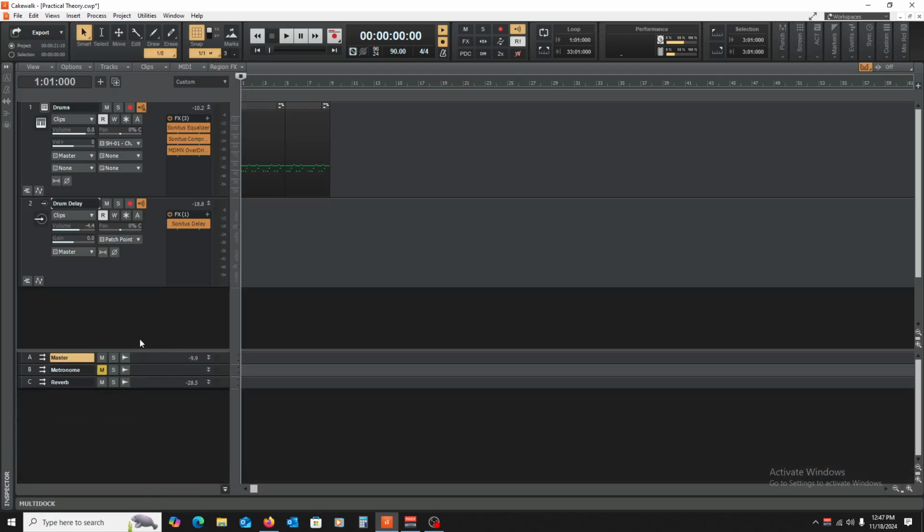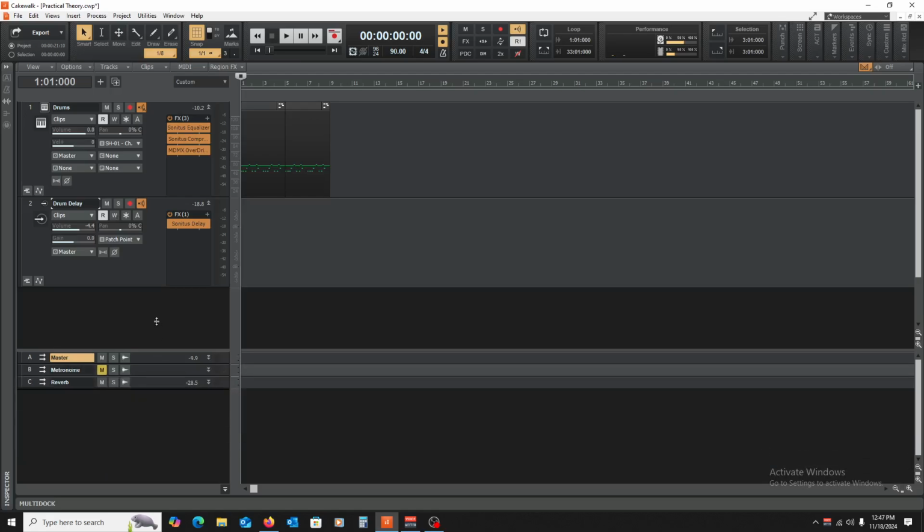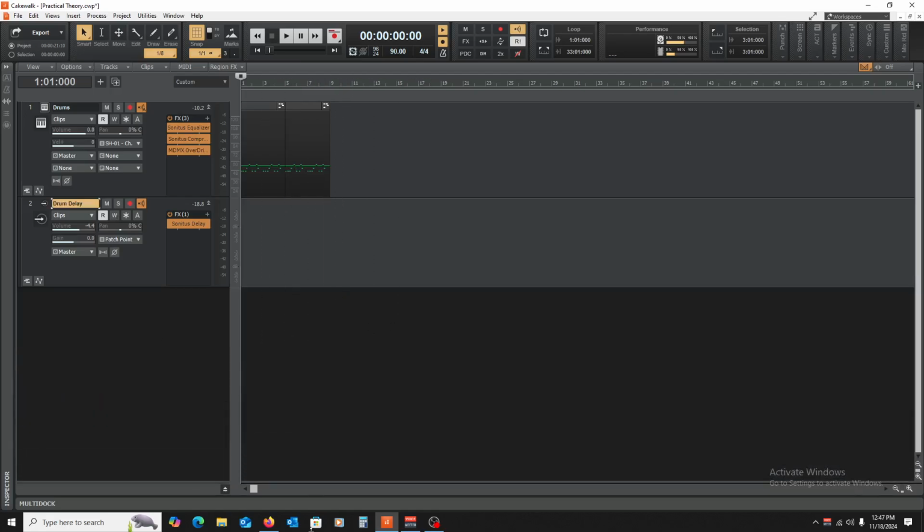So these are all things to be aware of: knowing what your inputs and outputs are, how you have them routed, where you want them to be going. This can all have an effect on your productions, and understanding the basics of that can really open up some levels of creativity that you may not have previously been aware of